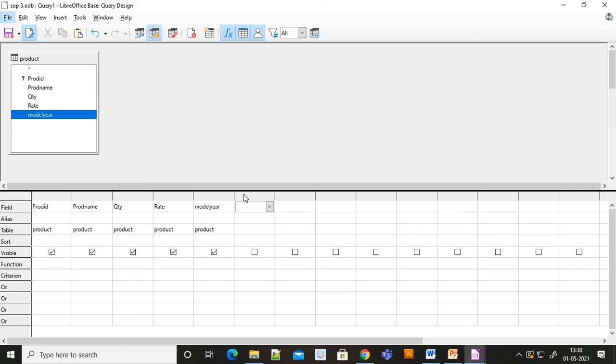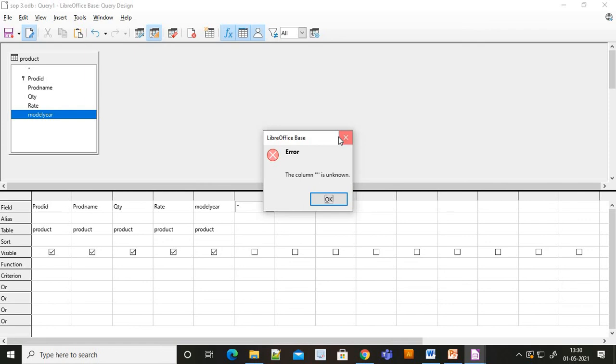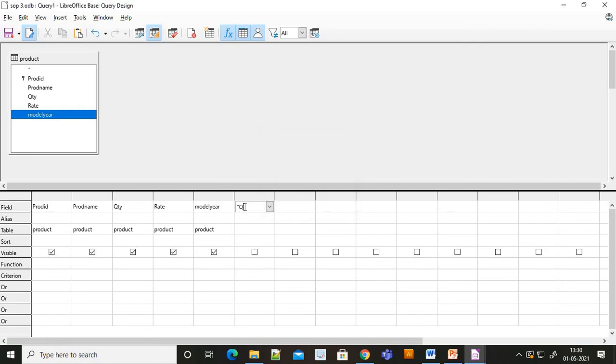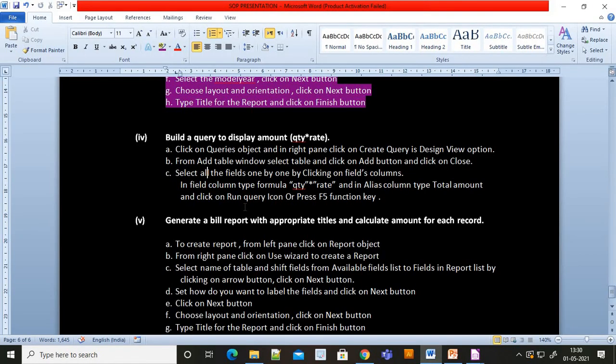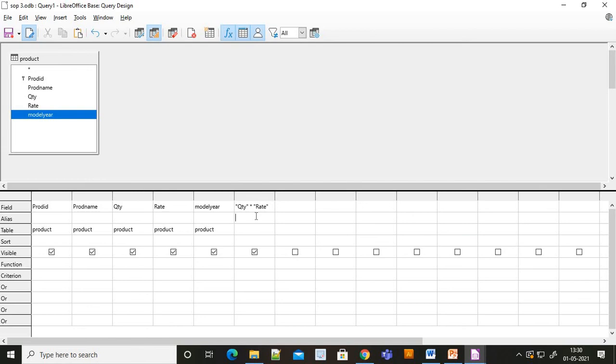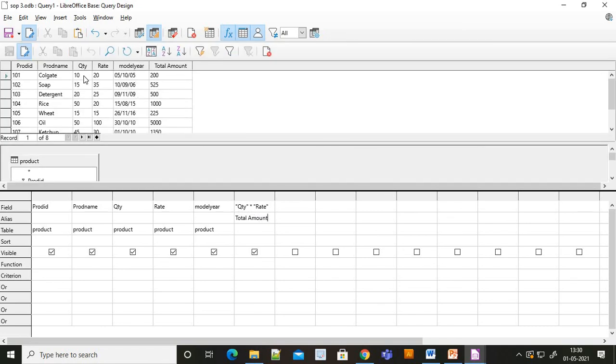So in inverted commas quantity, inverted comma close, into, rate, inverted comma close. So you have to write in this way quantity into rate, and in the alias column type total amount. There is my alias column, total amount. Then press F5. Here you can see 10 into 20, 200. So in this way the query has been generated.